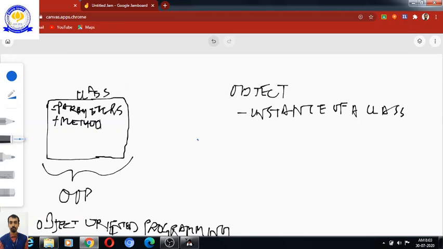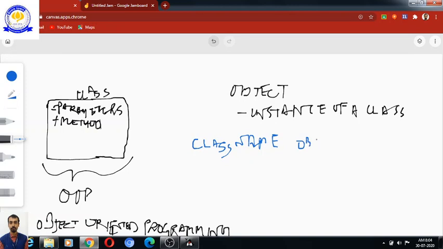So firstly, in Java, the syntax is we'll have to write the class name. Then we have to write the name of the object.